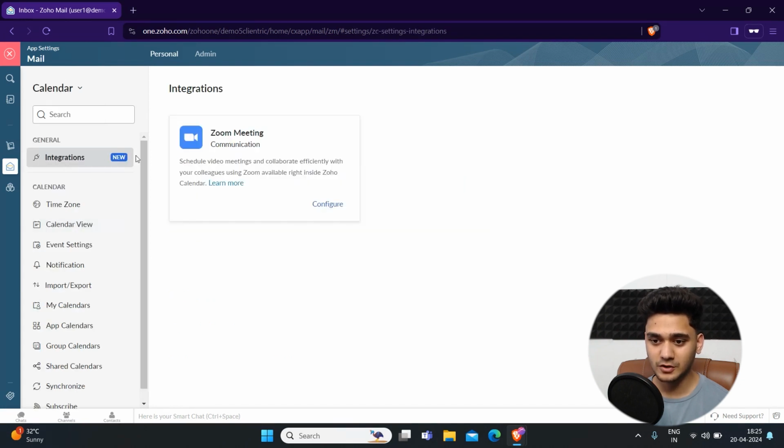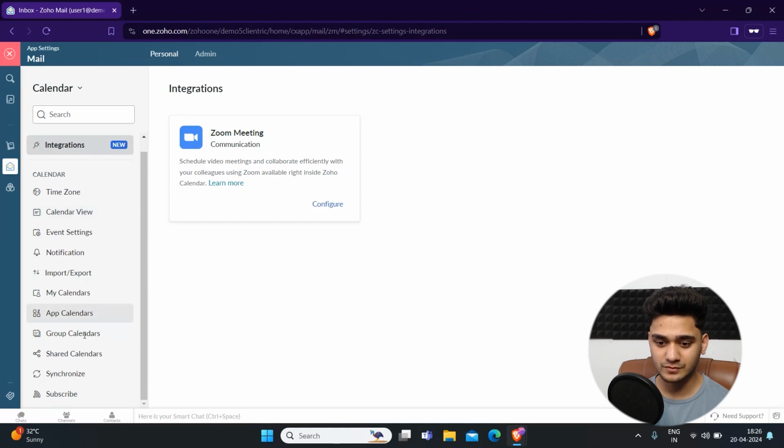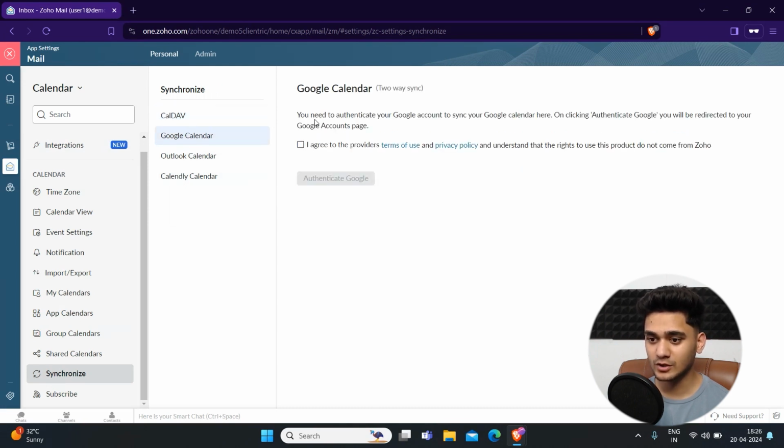So this one is for meetings. If you want to schedule any meetings through Zoom, you can simply configure it. Apart from that, if you want to synchronize your calendars with, for example, Google Calendar, you just need to authenticate your Google account to sync your Google Calendar here. On clicking authenticate Google,